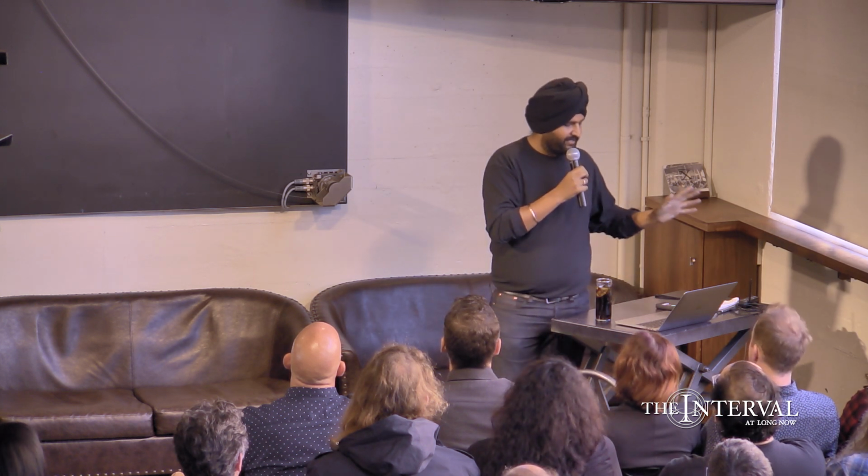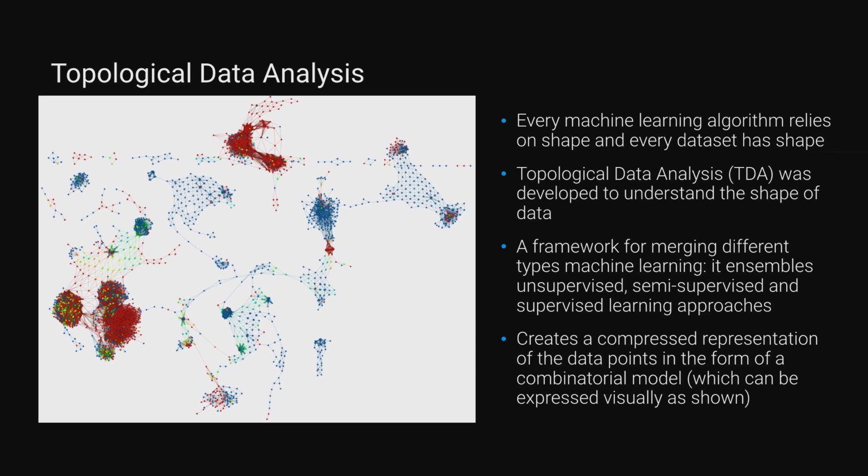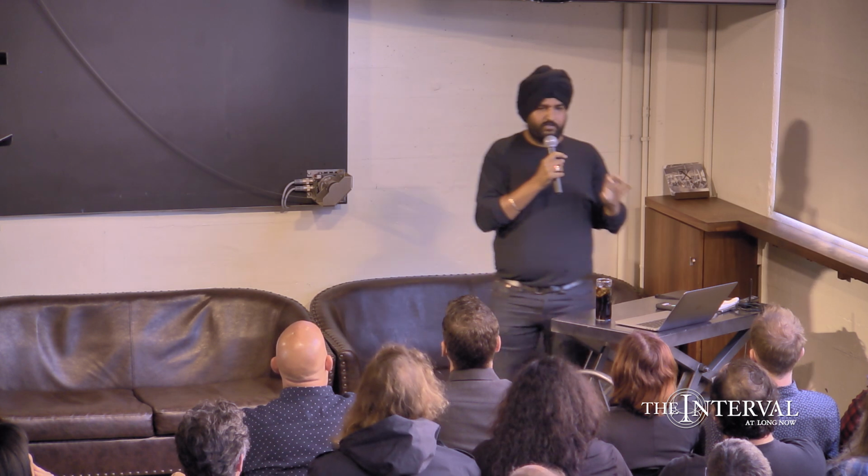So just a quick summary, and then I'll switch into examples, which will be a lot more fun. Topological data analysis is basically a formalization using this old area of math called topology that allows us to study the shape of data, shape of algorithms, shape of decision surfaces. For people who are slightly more technical in the audience, it allows us to merge together the results of various other algorithms in a coherent way that you can learn from it together. And the final point that's the most interesting point is that it's a compressed representation.